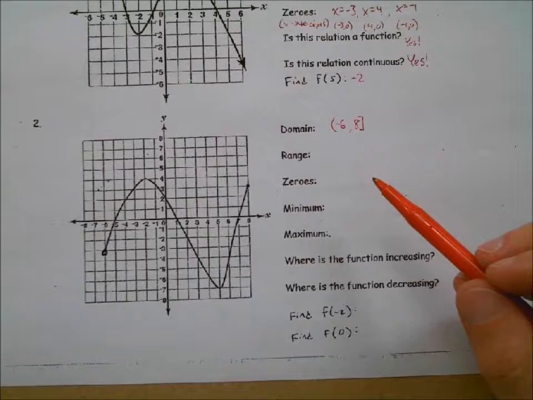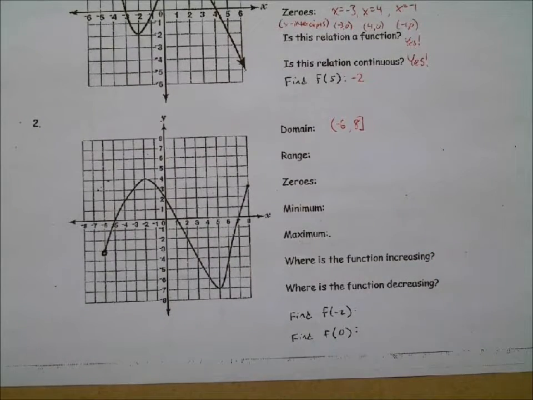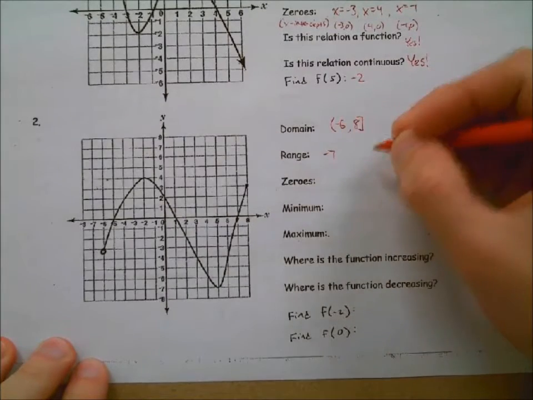I'll let you guys try this next on your own then. So let's go to, all right, Reagan. Reagan, the range deals with x coordinates or y coordinates? Y, okay. So y's, remember, are the lowest and the highest. So what's the lowest y value that our graph hits? -7. Very good. Do we actually get to it? Yes. Yeah, it looks like it, so we'll put the square bracket.